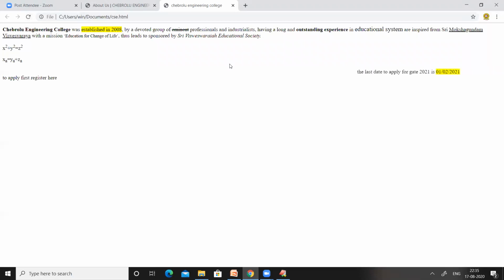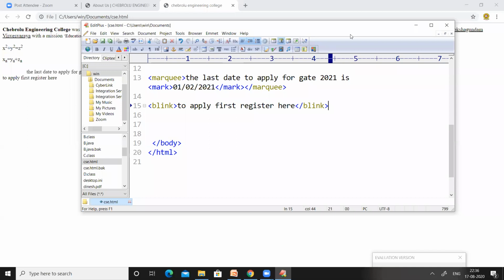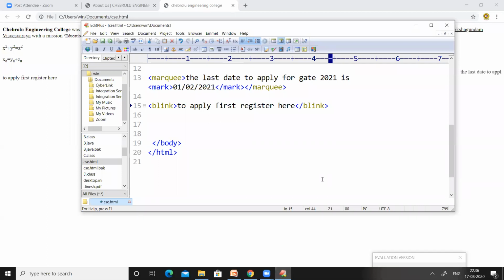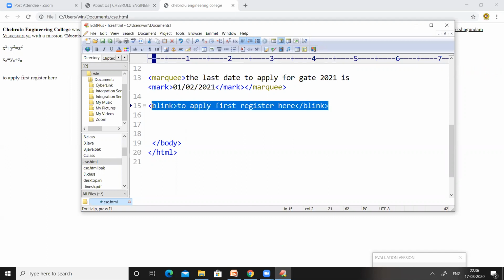I think it is not applied. Wait for a second. I think my browser is not supporting this blink tag. Some browsers may support it and some browsers may not. This blink tag is used to blink some text on and off on your web page.